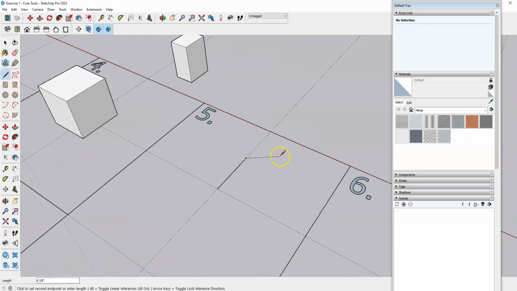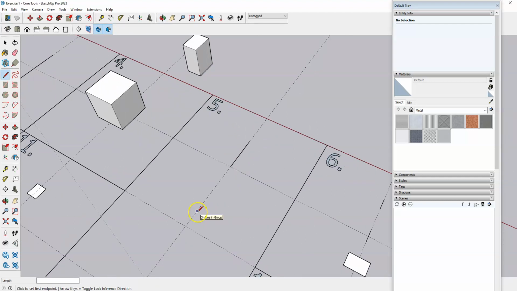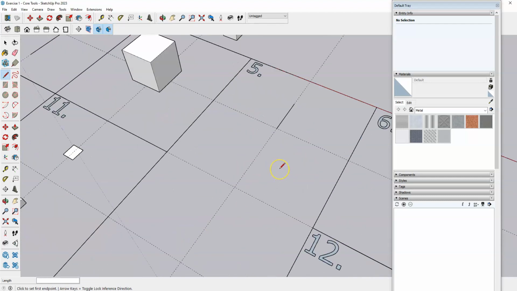And you'll see that SketchUp lets you keep going, so you don't have to keep choosing that line tool over and over again. So from there, you can just keep on going with different lines. But for your assignment, just a 6-inch line here is great. And then next, we'll create a rectangle